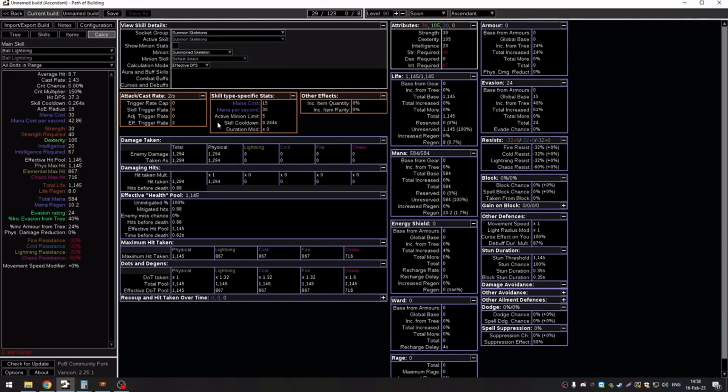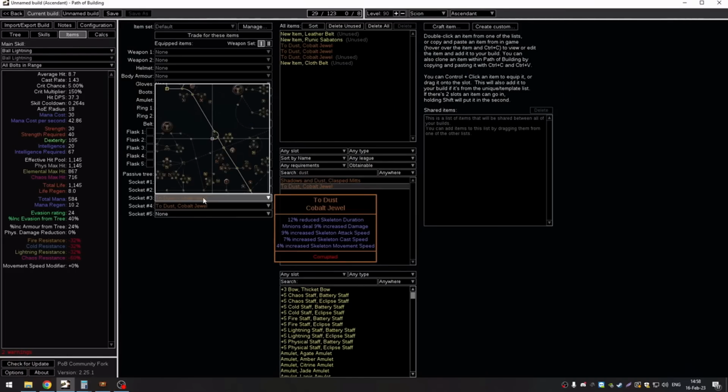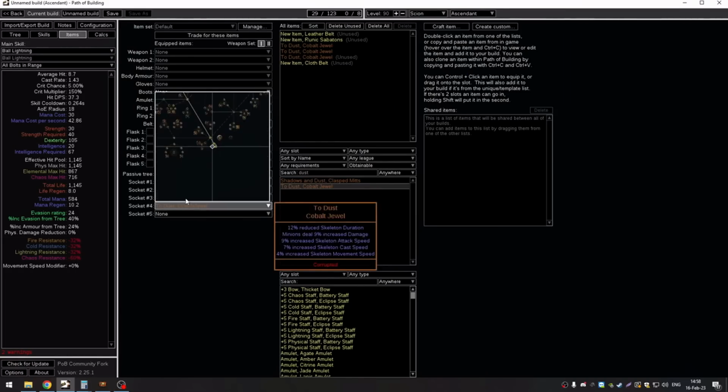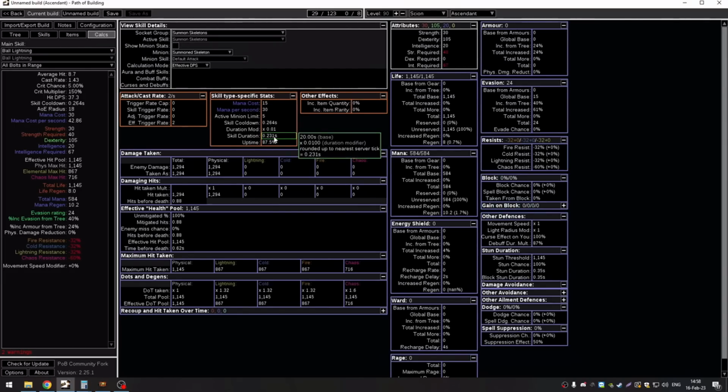So we cannot change duration, we have to change cooldown recovery. So let's switch it back to 34. Now we have skill duration of 0.231, and this is 0.264. So we need to match this by changing the skill cooldown recovery.